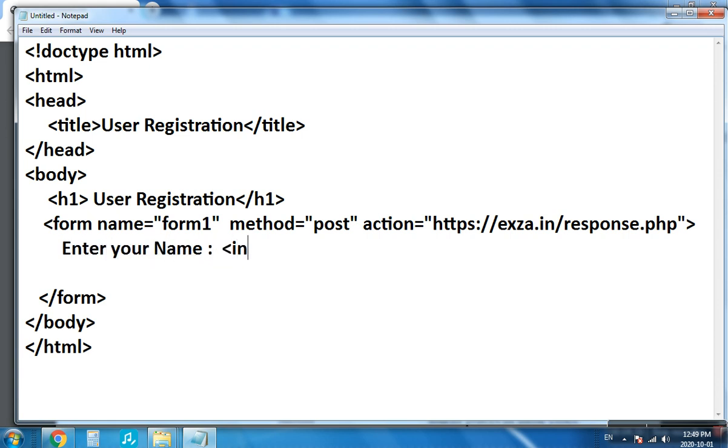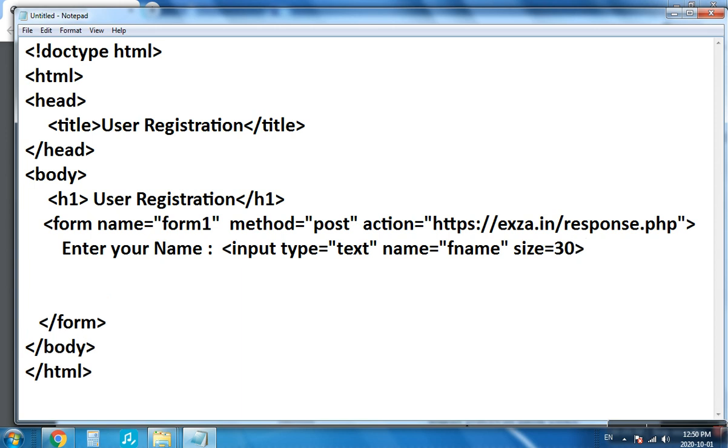So our input field name is type equal to text. The type will be text for this field. Correct. Then we'll provide a name to that. We'll write fname, full name. Then we can provide the size of the field. I'll provide the size 30. Okay, so this first field is ready. Then we'll put two BR, we'll put two line breaks, so there is a good spacing among the fields.